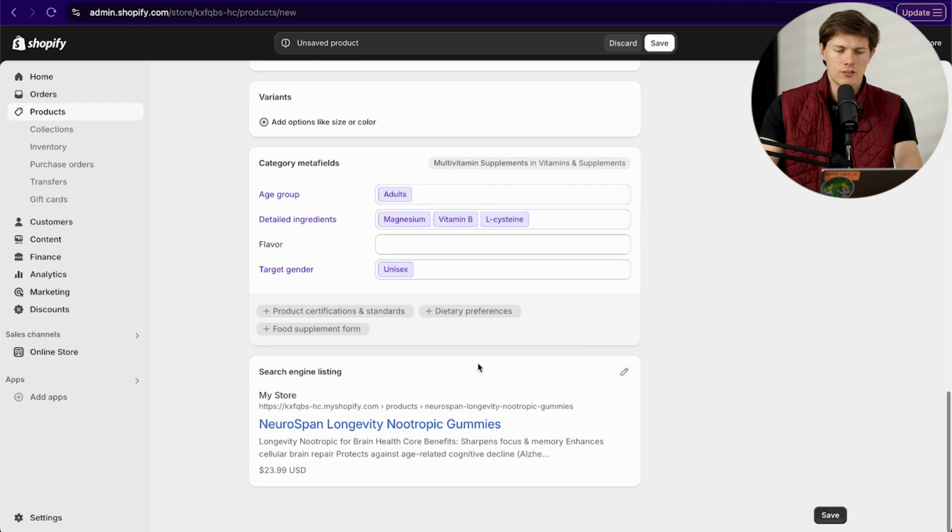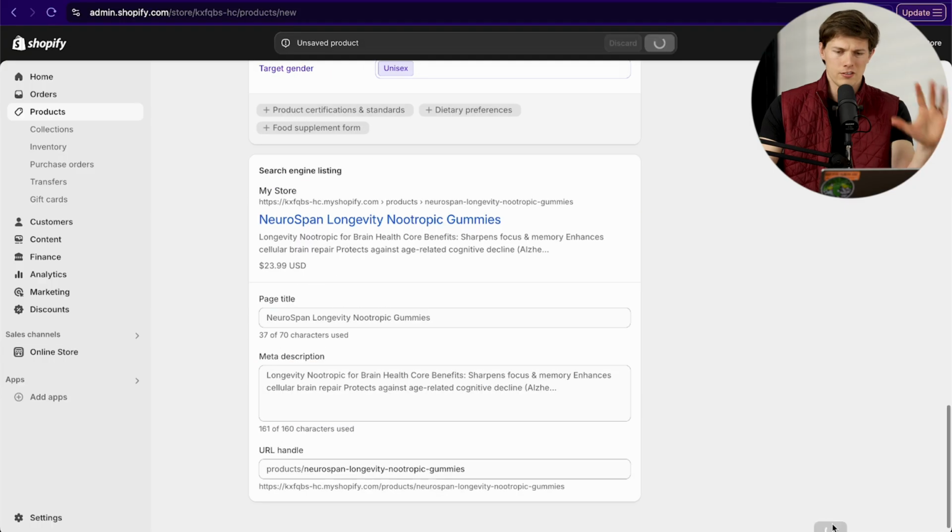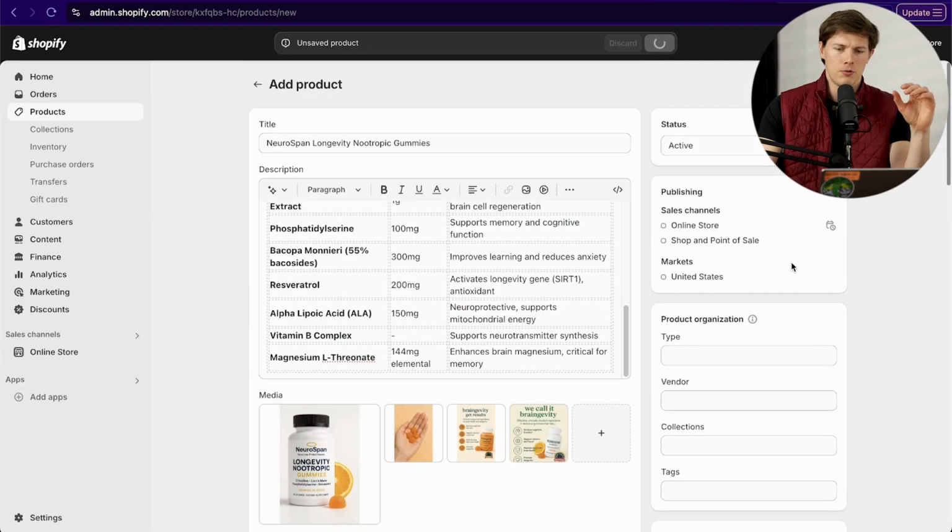On the bottom, the search engine listing is going to be how it shows up on Google. So if you want to change what that search result is going to look like, you can click the pencil icon, change the page title, the description, and the URL handle. I'm going to save it as is, and I think we have our first product pretty much ready to